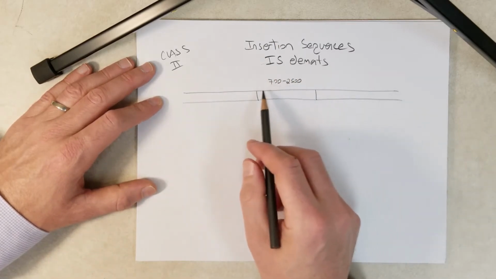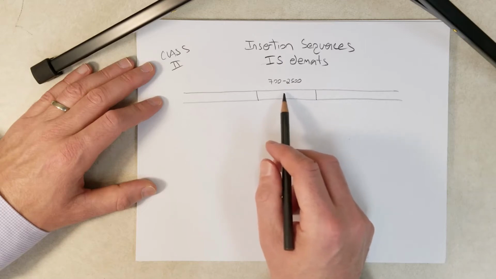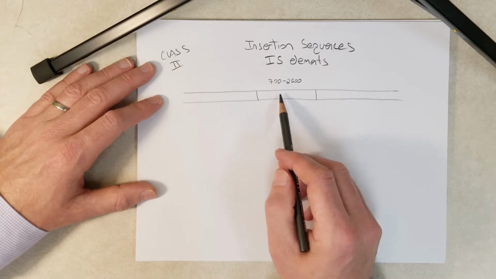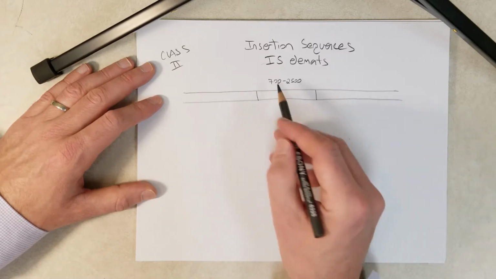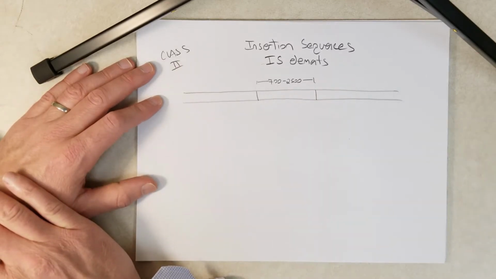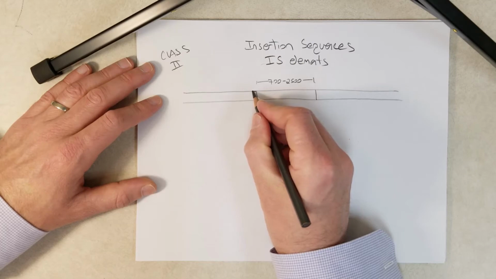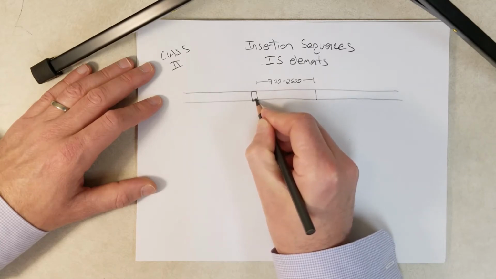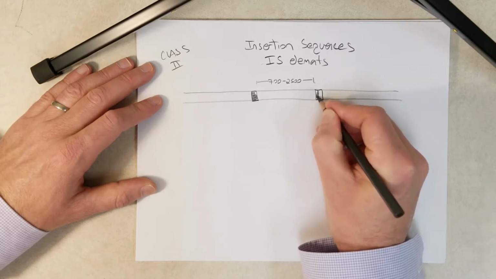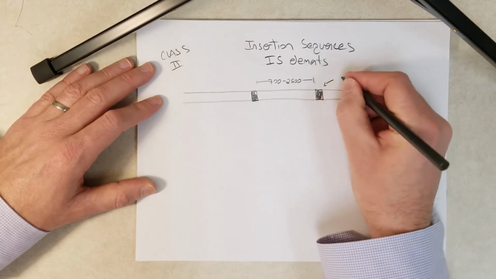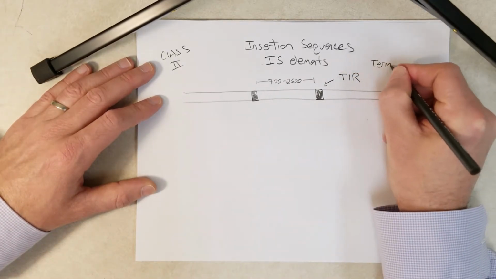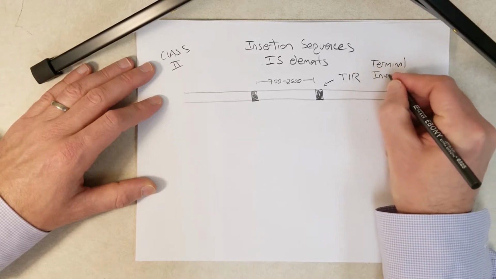Okay, so here's an IS element. Let's say in part of a chromosome, let's say the chromosome of E. coli. It's a circular chromosome, but I'm only diagramming part of the chromosome, and I'm indicating the size range to be between 700 and 2,500 base pairs. Now, insertion sequences have on the ends these things called TIRs. So two TIRs, and TIR stands for terminal inverted